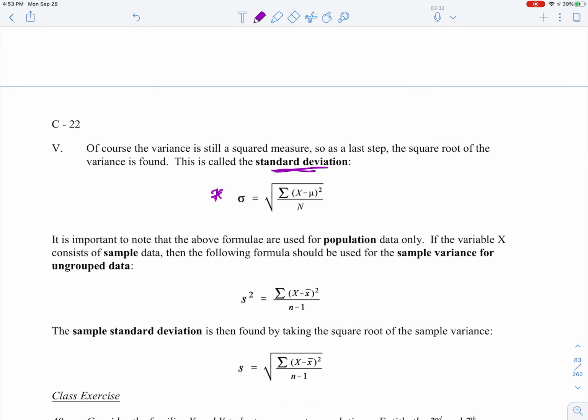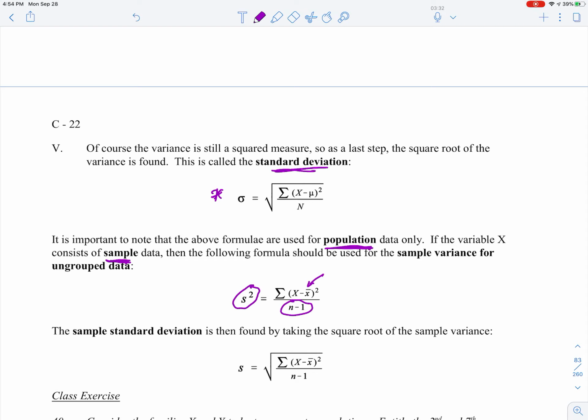It is important to note that the above formula here is for population data only. If we're talking about a sample, if it says in the problem that we've taken a sample, then we use a slightly different formula. Instead of sigma, we use S. So instead of sigma squared for the variance, the sample variance would be S squared. And instead of using mu, we would use x bar. And instead of using n, we use